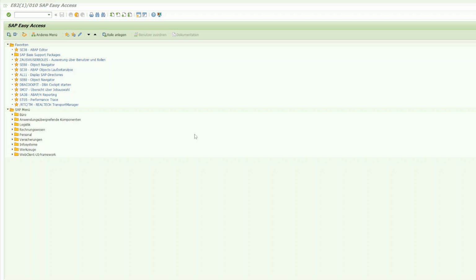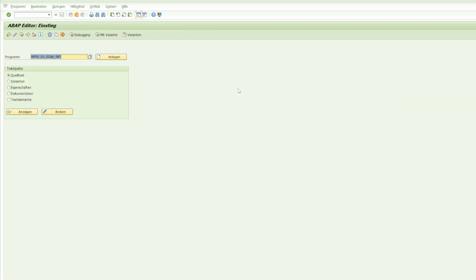And now I can give you an example. The transaction that I am using for this purpose is called SE38. I will do the example with a program which is an SAP standard program, and this is the program here. It doesn't really matter what program I will be using now, but you just have to type your program here, then go to variants, then show,